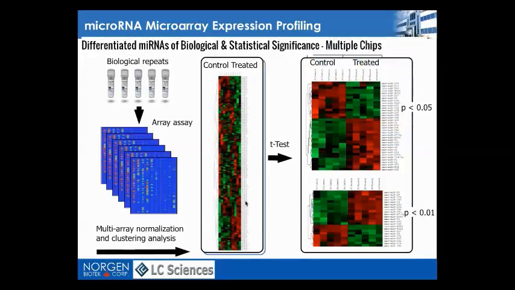A typical microarray experiment, of course, is that you run a couple of biological repeats. We will run them on individual chips. Then you do some normalization, clustering analysis, and what's shown here is basically just the overall view heat map of control versus treated, and then you can do statistical tests like a simple Student's t-test to reveal the differential regulation between two different sample groups, in this case control and treated, and then you get results such as those here on the right at different p-values, which stands for the statistical